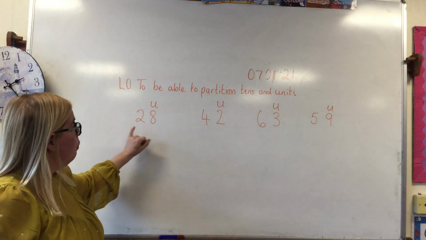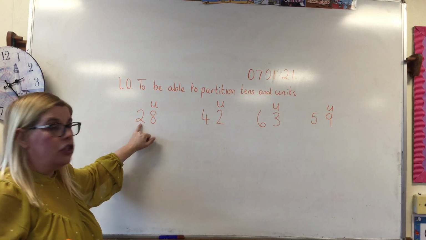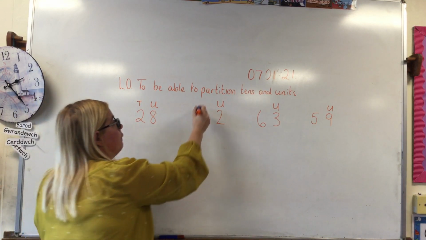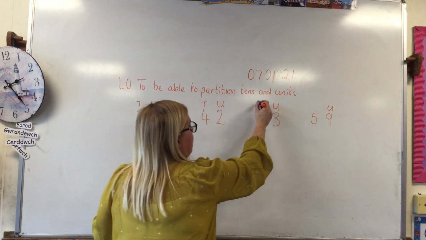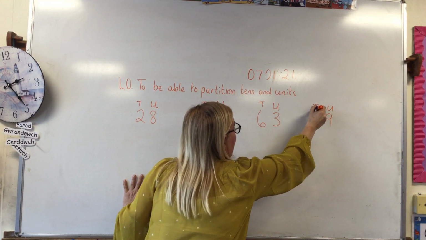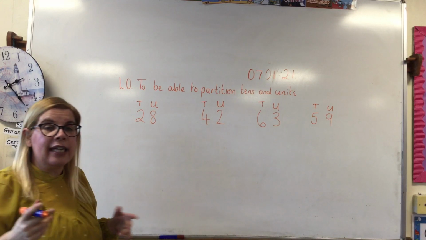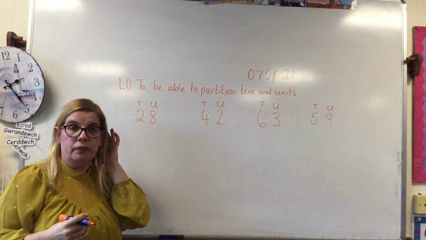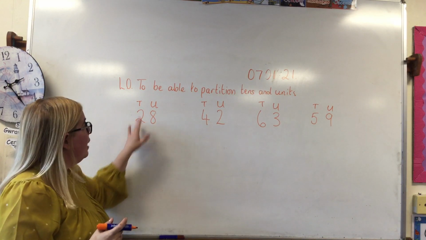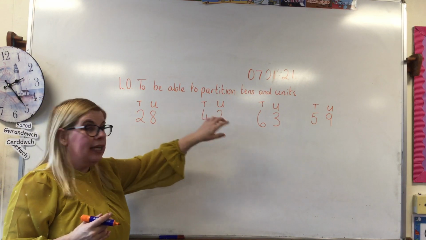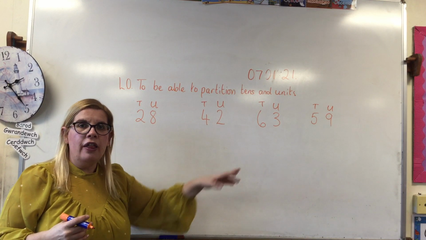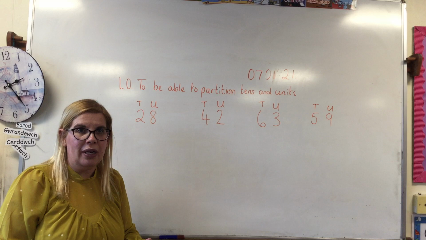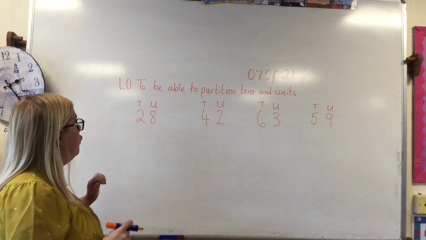Whereas the next one, when we read it, is 28. So the 2 equals 2 tens, 4 tens, 6 tens, and 5 tens. Now the task I'm going to give you is that I've already given you these 2-digit numbers. What you have to do is to be able to split them, first of all, into tens and units. Then I want you to show me how many tens and how many units there are. So, for example, for the first one,